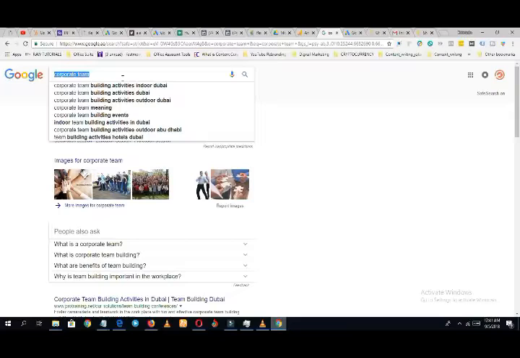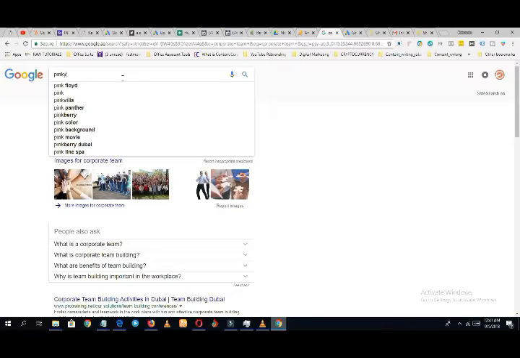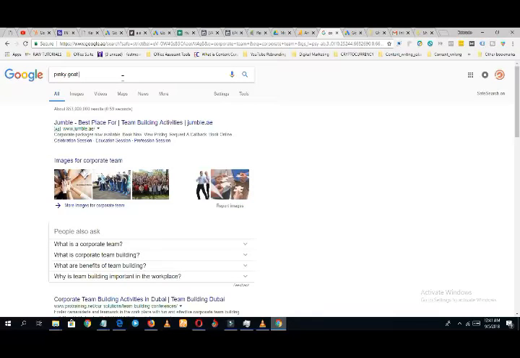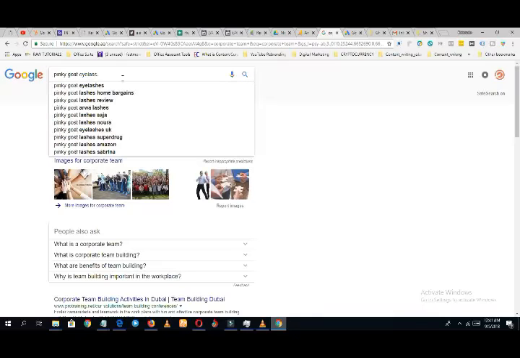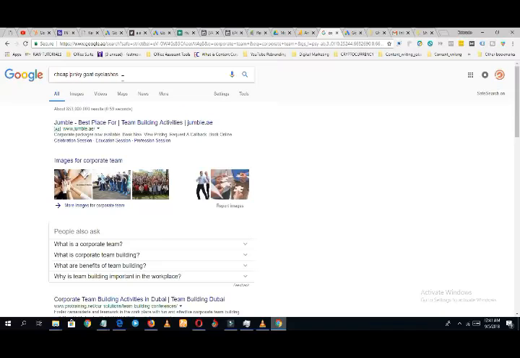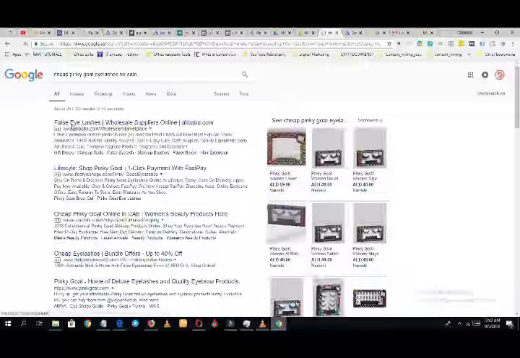So in case, for example, I come over here and type Pinky Goat eyelashes, or should I just say cheap Pinky Goat eyelashes for sale,